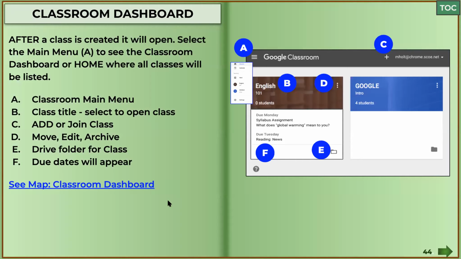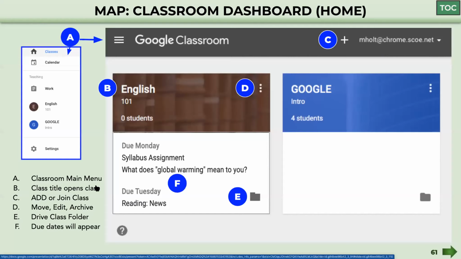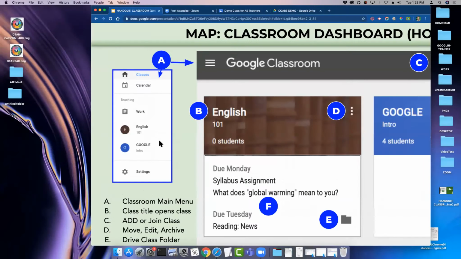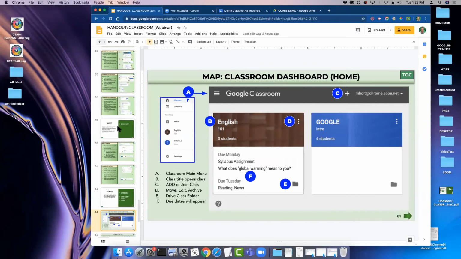There's also, in this handout, a classroom dashboard. So I'm going to go ahead and click that. This just kind of gives you a general overview of the dashboard, gives you some things to look at. All right. I forgot what, oh, I don't want to go back to the TOC. All right, I'm going to have to exit out of this so I can go back to,